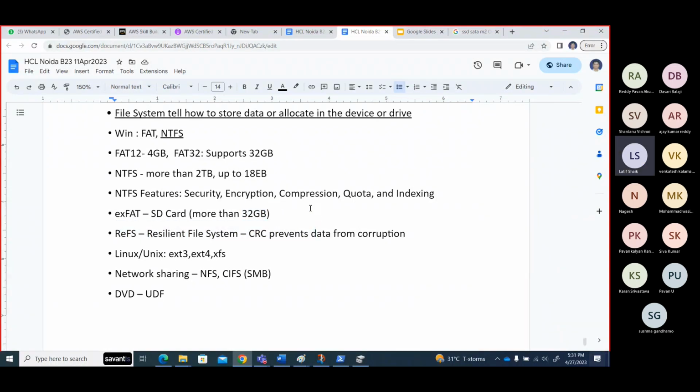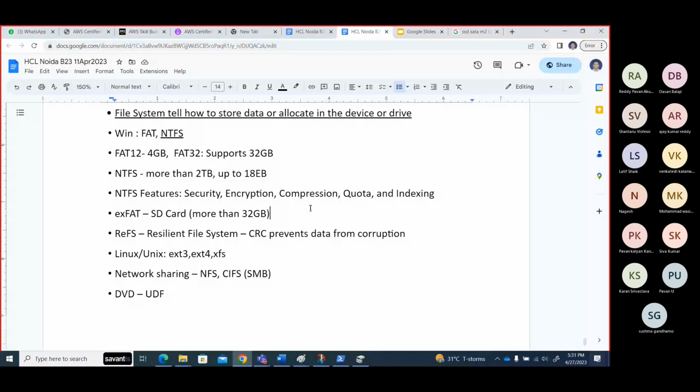So you have to store data. Plus the FAT file system cannot store big files. But nowadays Blu-ray images, the big movie content, and video files are very big in size. So FAT cannot store 2 GB, 3 GB, 4 GB files. So this is exFAT. If you format your memory cards with exFAT, you can store bigger files and it supports more than 32 GB, up to 2 terabytes. exFAT will support. Another file system is the resilient file system, which uses a CRC mechanism to protect your data